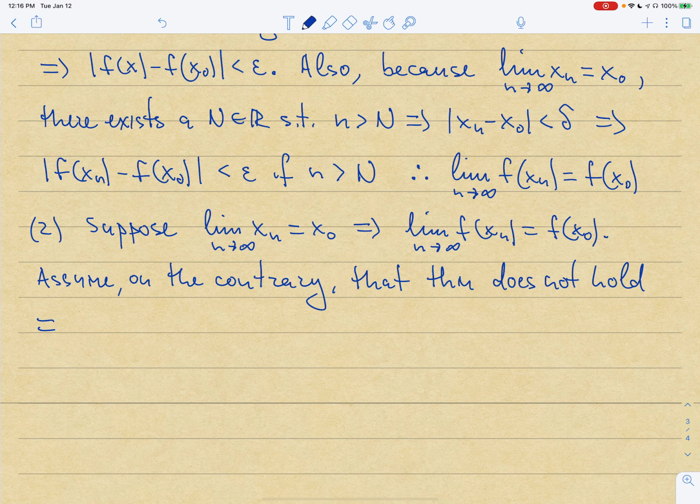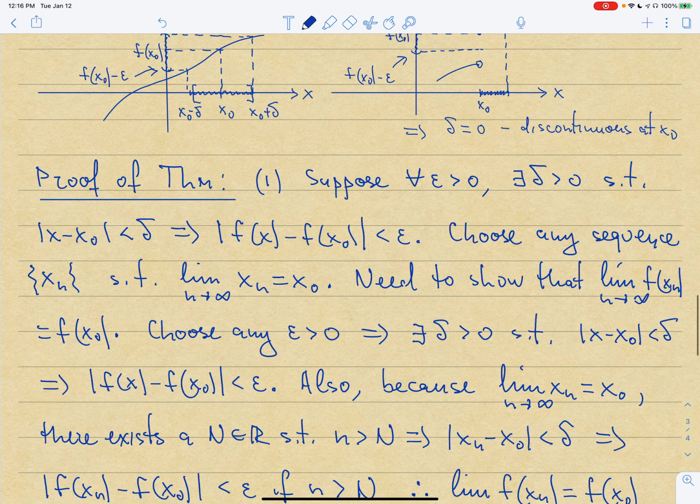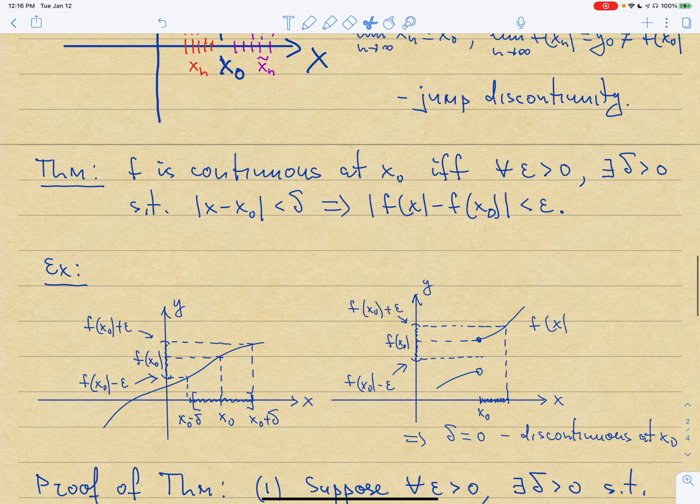All right, so what does that mean? The theorem says that for any epsilon greater than 0, there exists a delta greater than 0 such that this is true. What is the contrapositive to this? If I'm saying the contrapositive to something being true for all epsilon greater than 0, the contrapositive to that will be: there exists an epsilon greater than 0 such that,